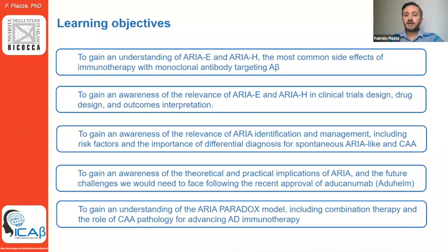So what is ARIA? ARIA is the acronym for amyloid-related imaging abnormalities, which are imaging abnormalities on magnetic resonance imaging, MRI. With this talk, I would like to gain an understanding of ARIA, and in particular the two types of ARIA that can manifest in patients exposed to these drugs, which are called ARIA-E and ARIA-H, and also